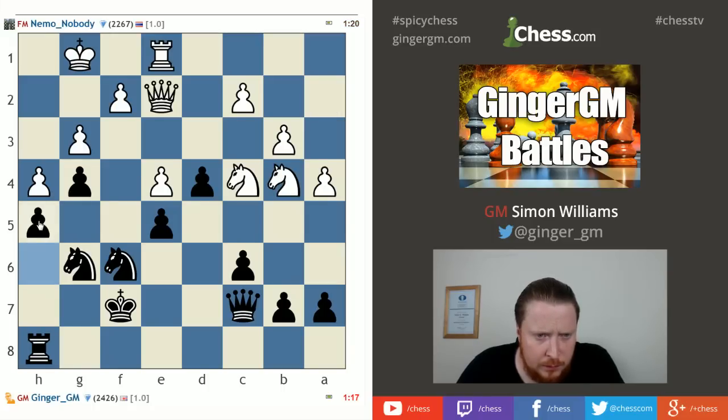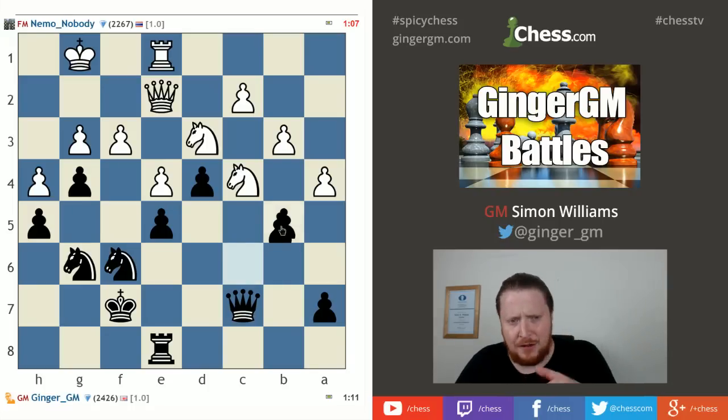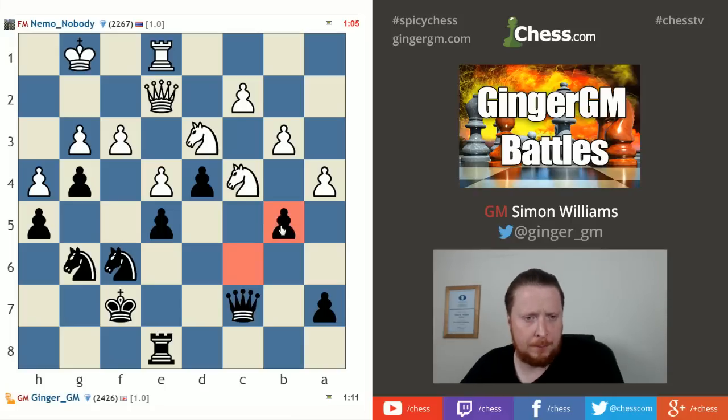Okay, let's just double protect g4 and make sure everything's protected here. But maybe again his queen can come in on dark squares. This is quite annoying. Queen d2, queen h5. Good bit of infiltration there. Okay, I don't like this knight, so first of all I'm going to kick this knight away. But okay, my king, I think, is a little bit less secure than my opponent's, so it's a double-edged position